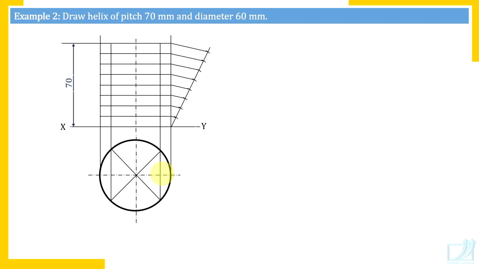Check what is the initial position of the moving particle. Nothing is mentioned, so we assume it on the left-hand side and at the bottom. So this is the initial position. In front view I have shown and in the top view I have shown. And direction of rotation is also not given, so we have assumed it anti-clockwise. If not given, assume it. Assuming anti-clockwise direction, you label the points and join the points.